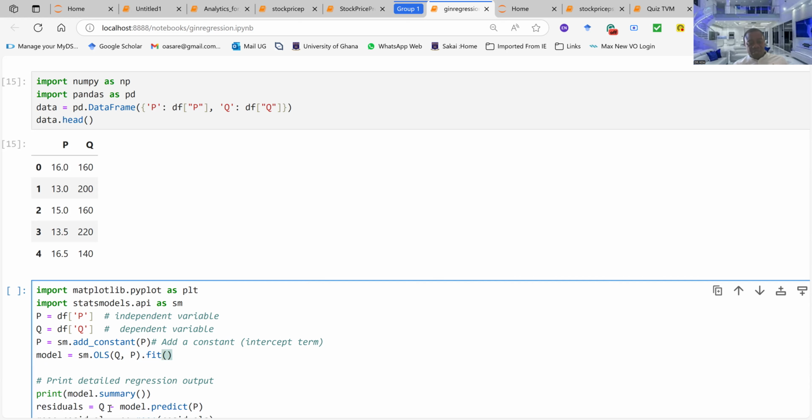How do you create the residuals? The residual is the actual Q minus the predicted. You remember I showed it some few minutes ago. How did I show it? I told you that the Y minus the Y cap is equal to